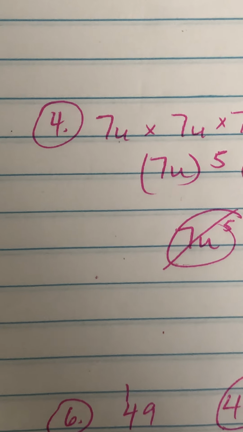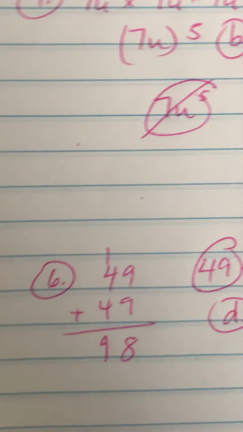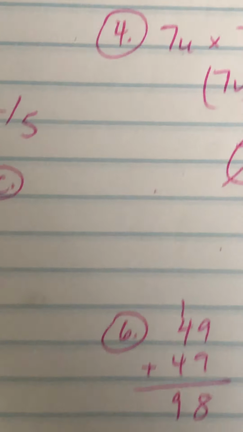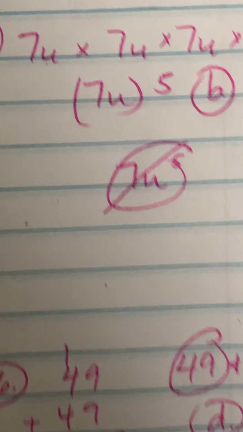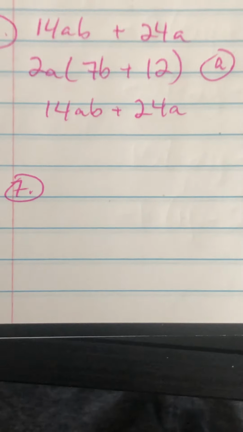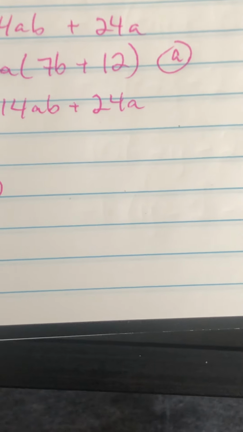Number 7. Another cube with a side length. Okay, I think you guys can probably do this one by now. Cube has a side length of 1/2 inch. What is the volume? Okay, so the volume of a cube, right? Remember the volume of a cube. The volume of a cube is going to be 1/2